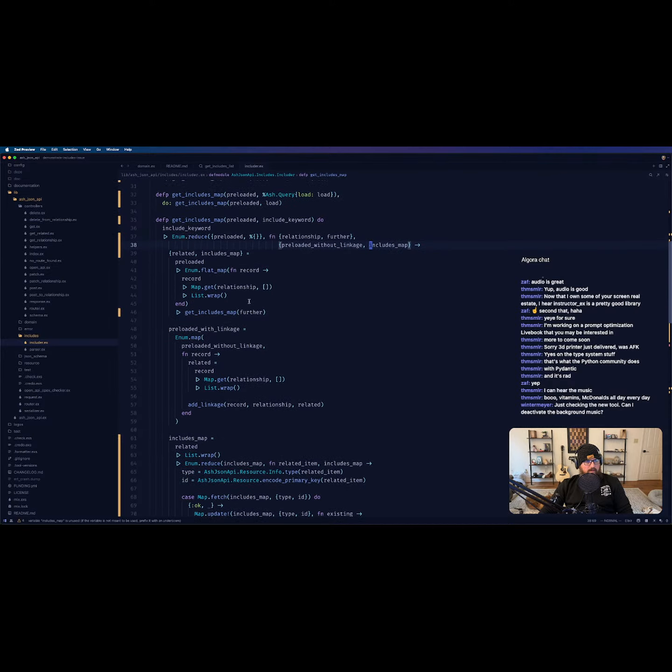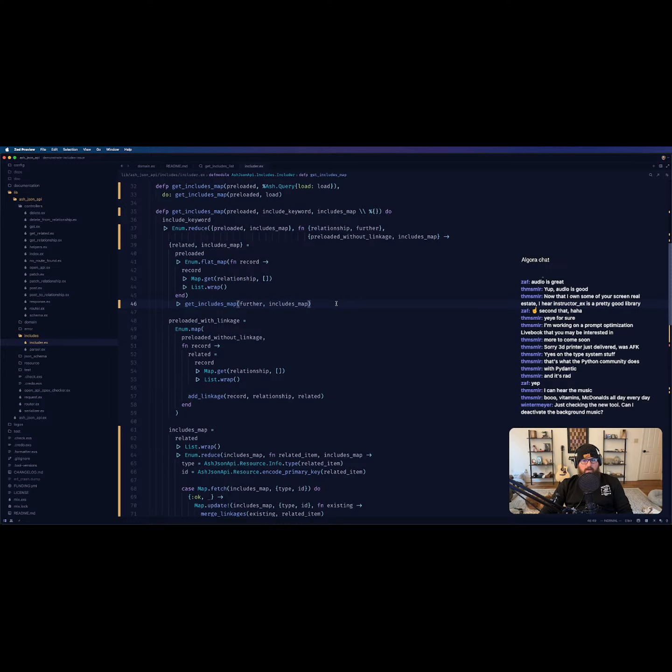It includes map. Oh. I don't want to merge, so I feel like I should actually make this like this. So now that way,